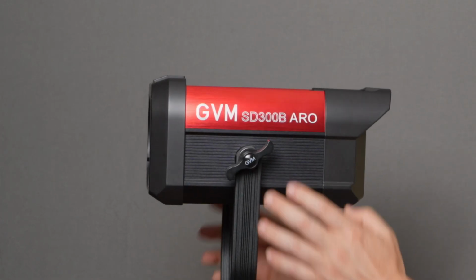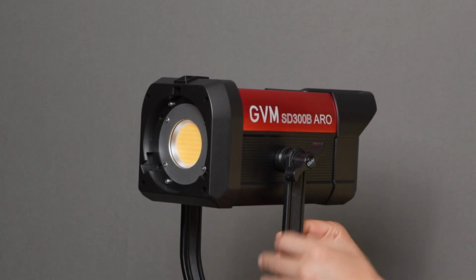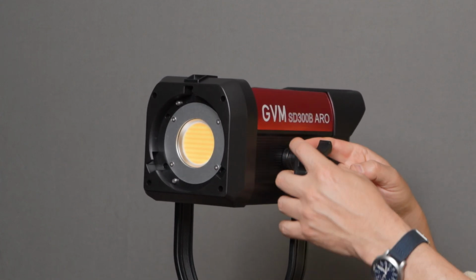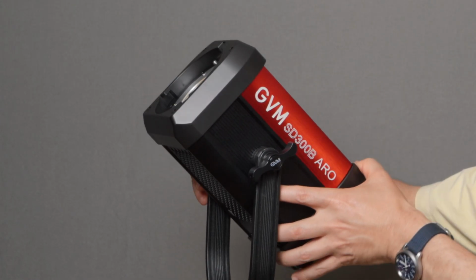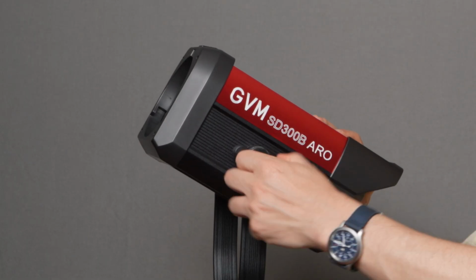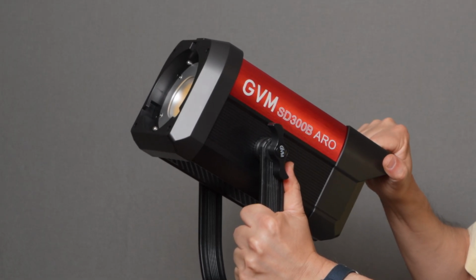But looking at the yoke now, this is of course all metal construction, but the yoke here, right where it mounts, we have little metal teeth in here so that when you position the light, it's not going to move. So let me just tighten this or put it to a new position. Let's say I want to point it, say, in an upward position. I'll just tighten it down on both sides, and the metal teeth here lock it so it will not tilt